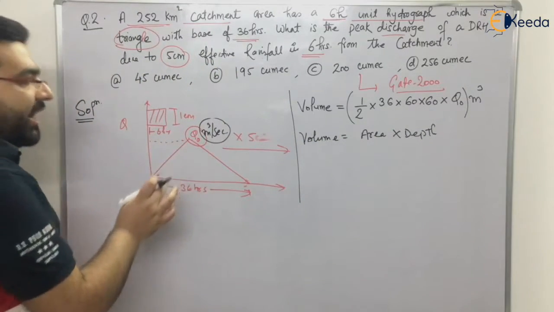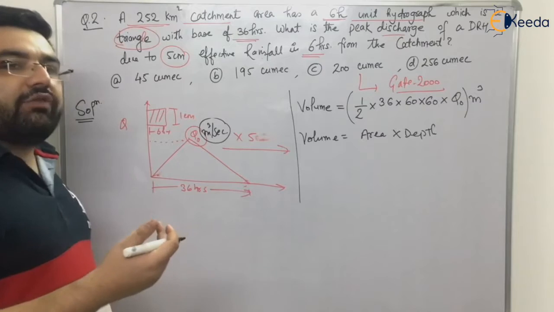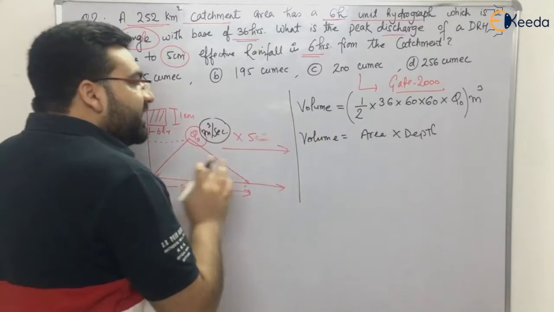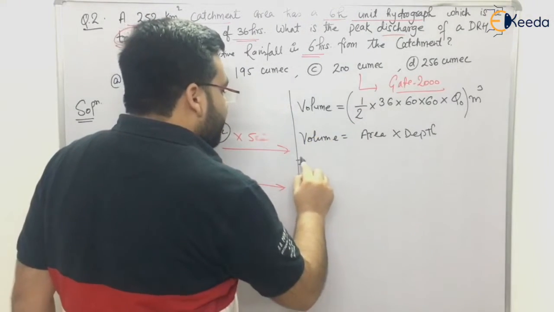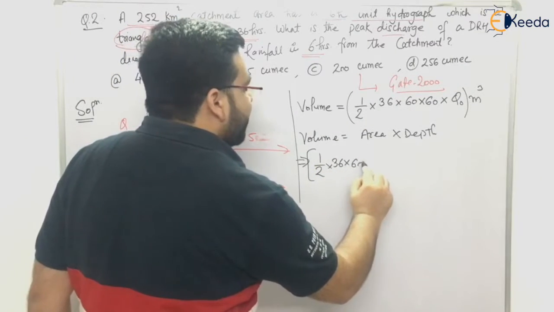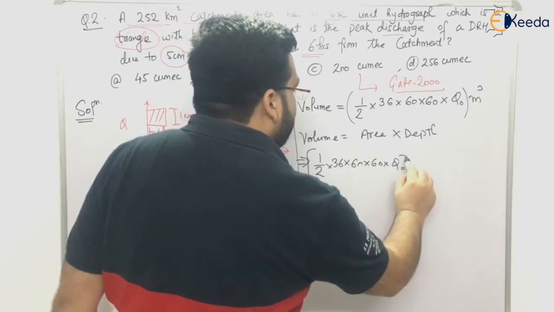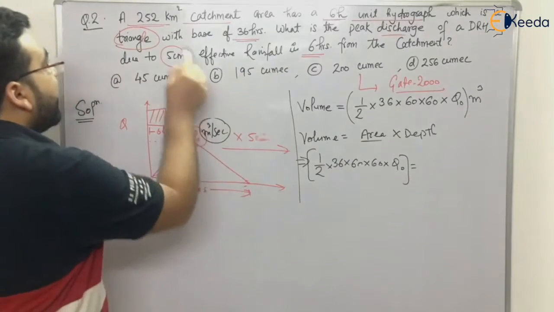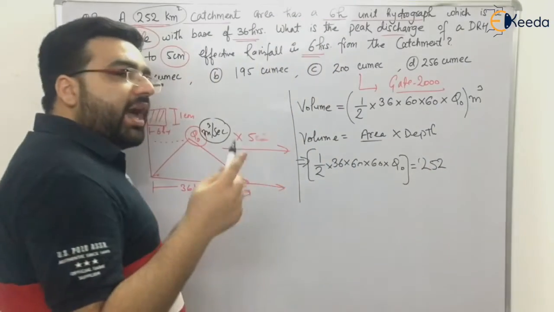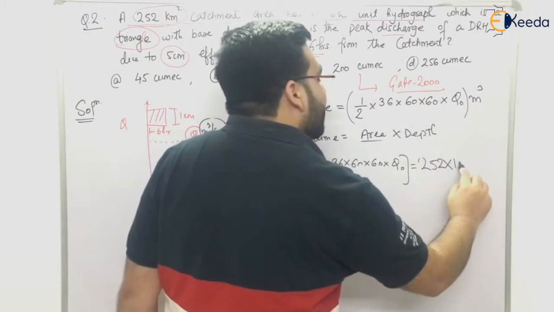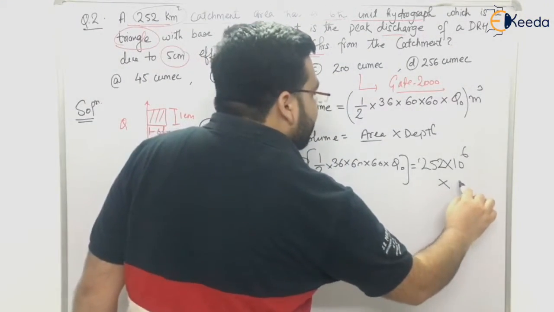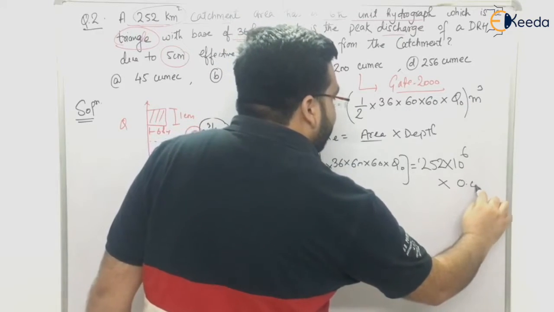So you know that a unit hydrograph is a special type of direct runoff hydrograph in which the depth of the rainfall excess is 1 unit or 1 centimeter. So it is 1 centimeter. Now volume will be equal to, it implies that half into 36 into 60 into 60 into Q naught is equal to the area of the catchment. How much is area? It is given to me as 252 kilometers square. So 252, now kilometer square, we have to convert it into meters also, into 10 raised to power 6 meters square. Clear? Simple. So into depth, and how much is depth? 1 centimeter, that is 1 by 100 meters, that is 0.01 meters.